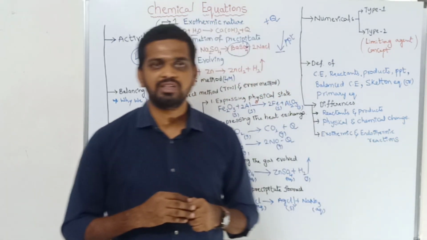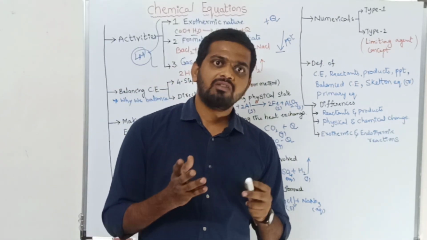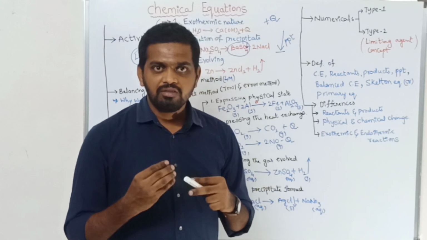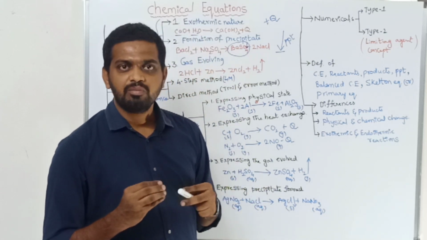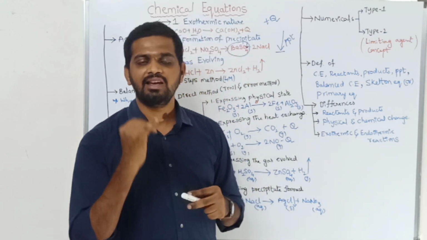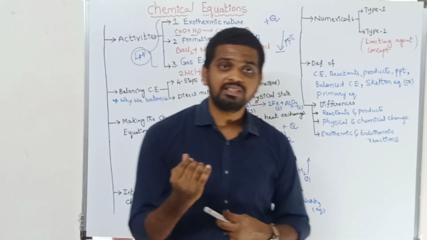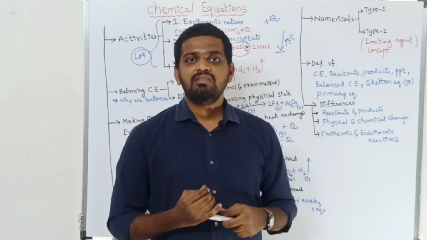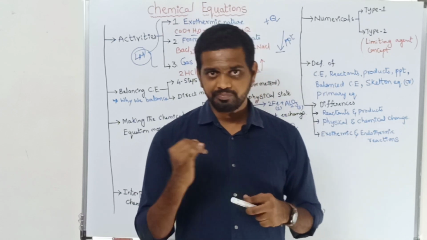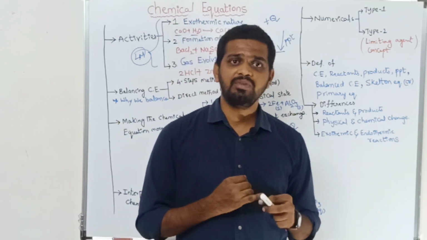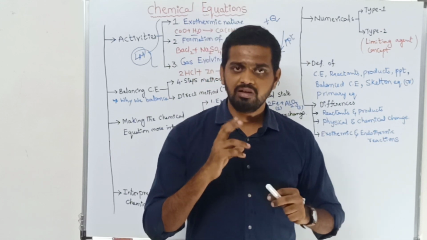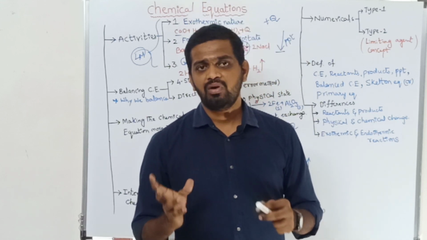Coming to the forced test method, here we are balancing the chemical equation by using the forced test method. In the first step, we write the skeleton equation. What is a skeleton equation? An unbalanced chemical equation is called a skeleton equation. Is it clear, children? After completion of the first step, in the second step, I compare the number of atoms present in the reactant side and product side.